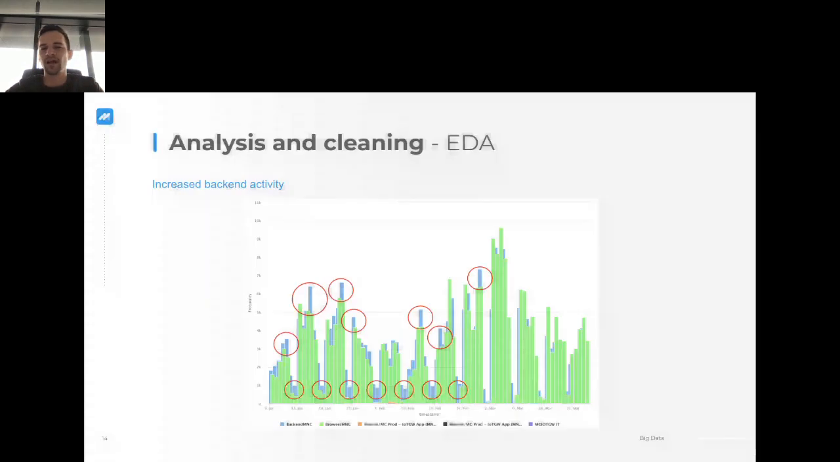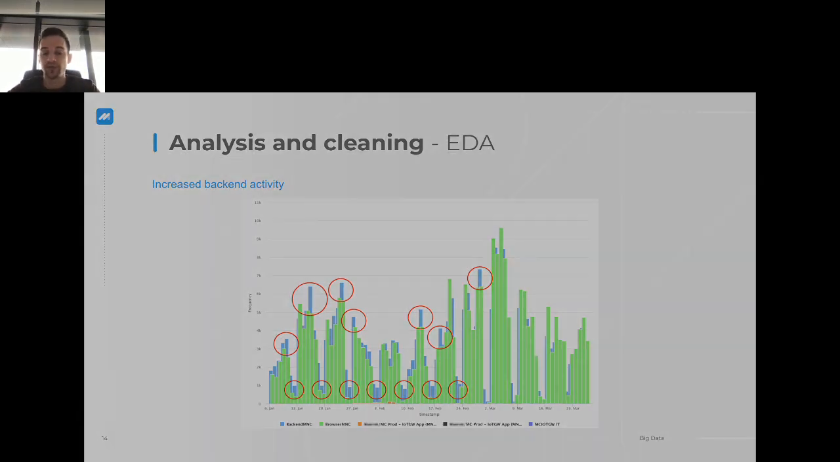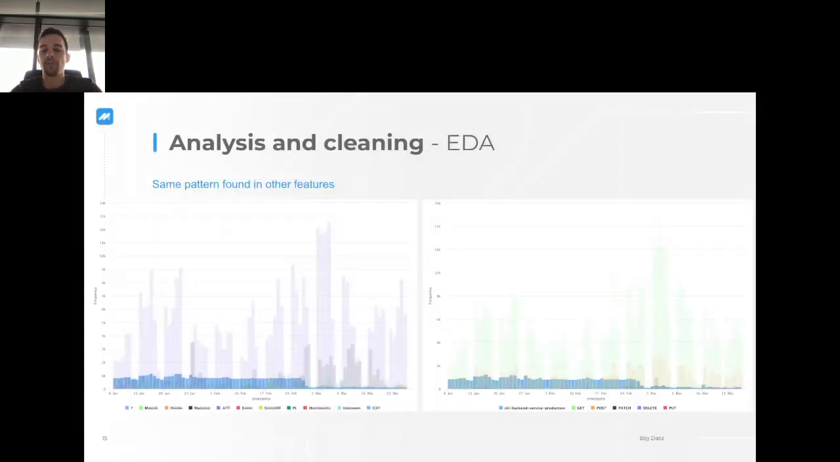Next, we analyze the platform attribute, which reflects where the logs come from, either the backend or browser. And while analyzing, we notice there's an increased backend activity in the 2/3 of data. It was a bit weird, so we continue to analyze more, and we found the same pattern in other features. And then, after consulting with subject matter experts, we realized that those logs belong to the service whose use has ceased and doesn't really have any